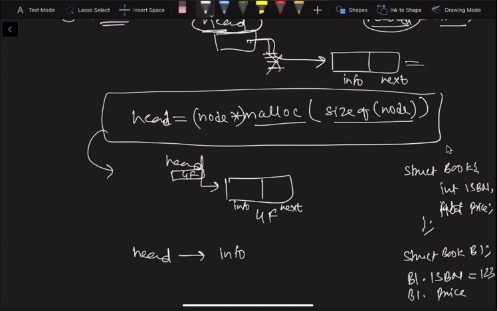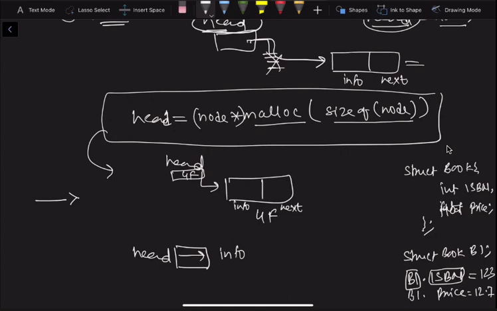ISBN is equal to 123, price is equal to 12.75, let's say like this. You use dot there. Why have you used dot there? Because before the dot what you have is a variable. It is not a pointer. But if it is a pointer, then you use arrow. So this arrow is nothing but this sign and this sign. This is how you create arrow.